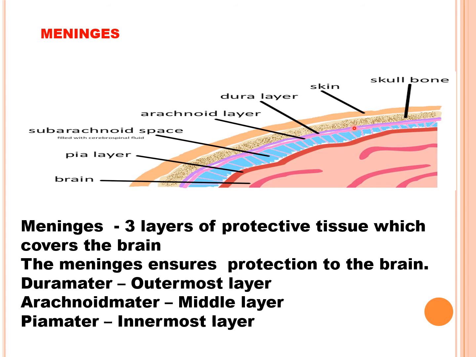Between the dura mater and the arachnoid matter lies some space. So you can see these white empty spaces. This space which is present between the dura mater and the arachnoid matter is called the subdural space. Then the innermost protective tissue of the brain is called the pia mater. The pia mater is the innermost membrane and it is highly vascular because it is highly supplied with blood vessels. Once again you can see there is space between the arachnoid matter and pia mater, and this empty space is called the subarachnoid space.